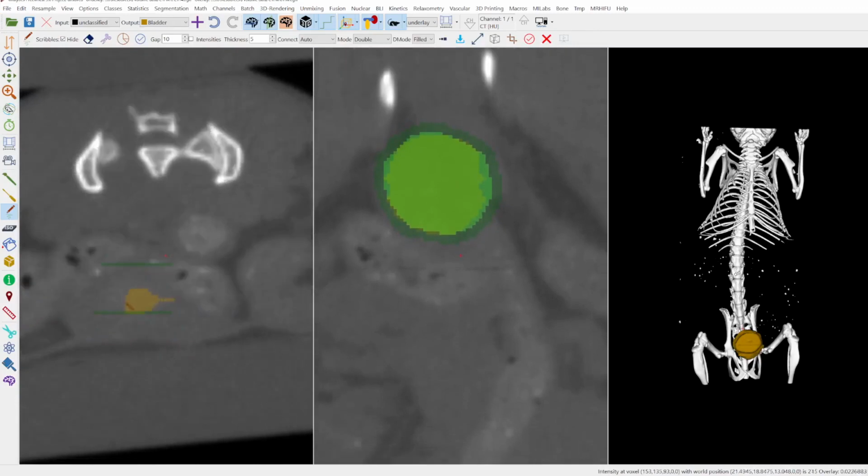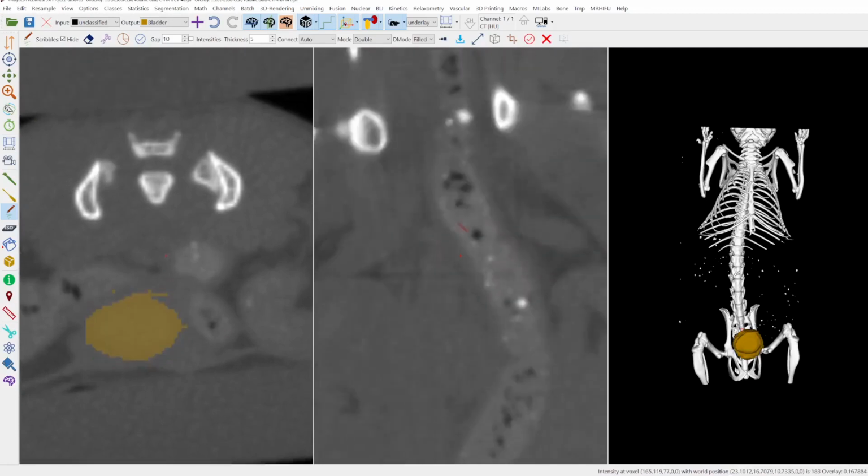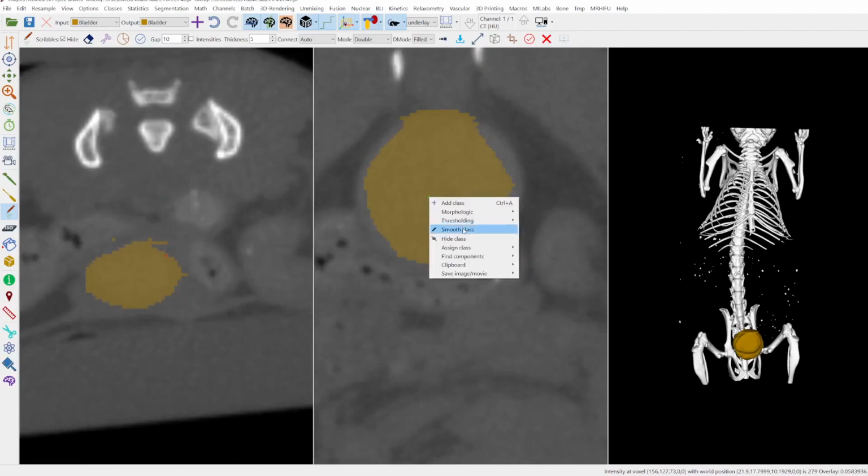Then F3 and F4. Okay, now I think I have the whole bladder, but let me perform a smoothing. And now the bladder looks a little bit more nice.